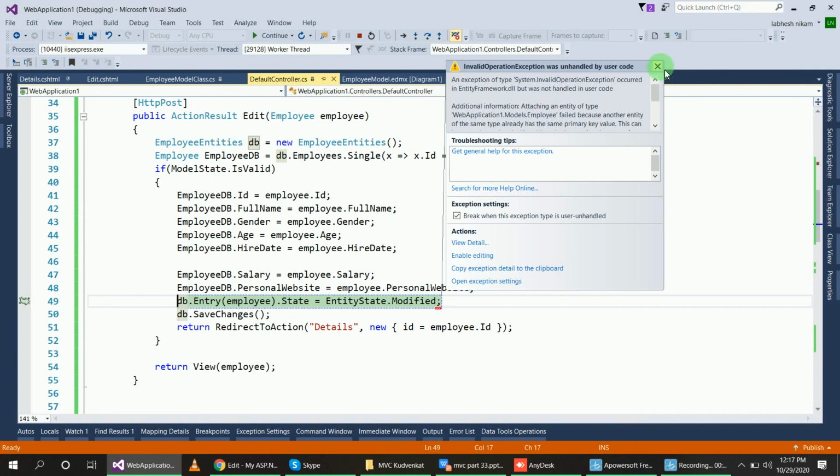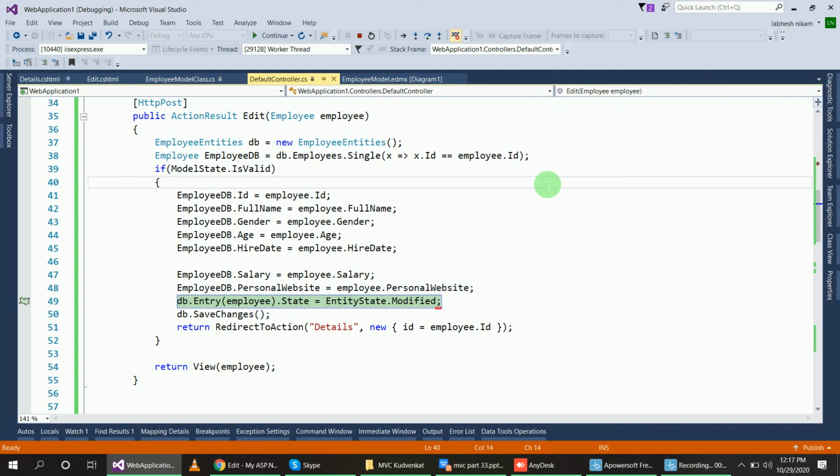and check here. For that you want the debugger here. You can see here in this code I have not passed this email address property. ID, full name, gender, age, hire date, salary, all, but email address I have not passed. So place the debugger, click here, again run the program, F5,